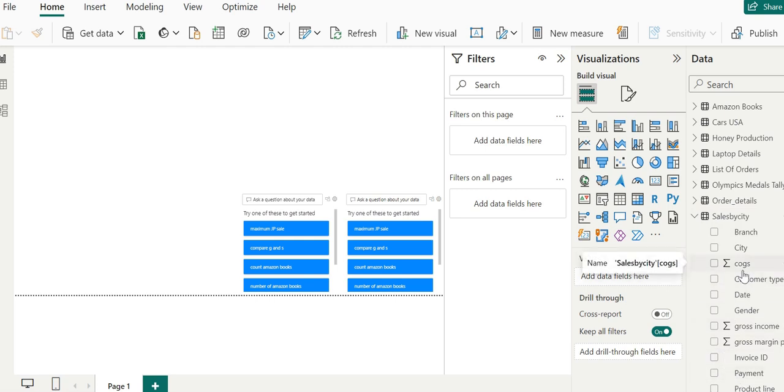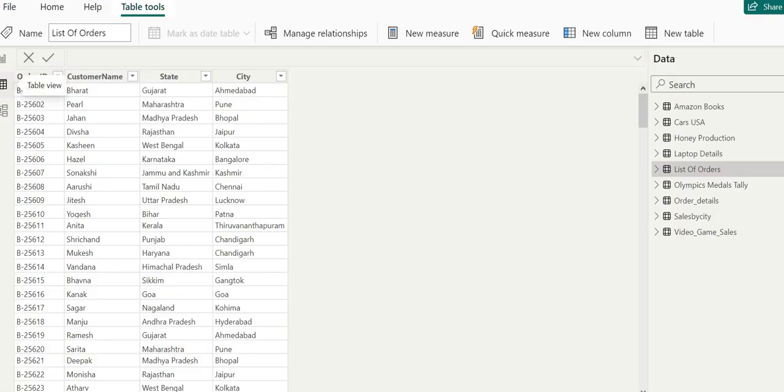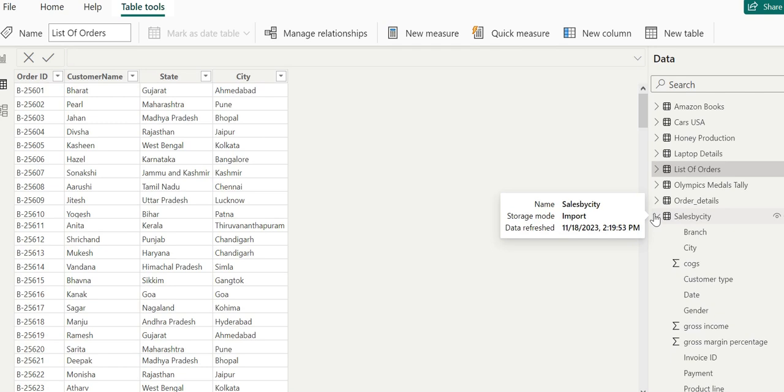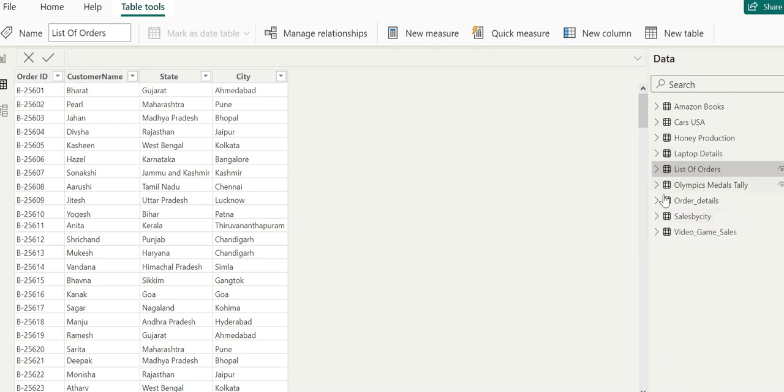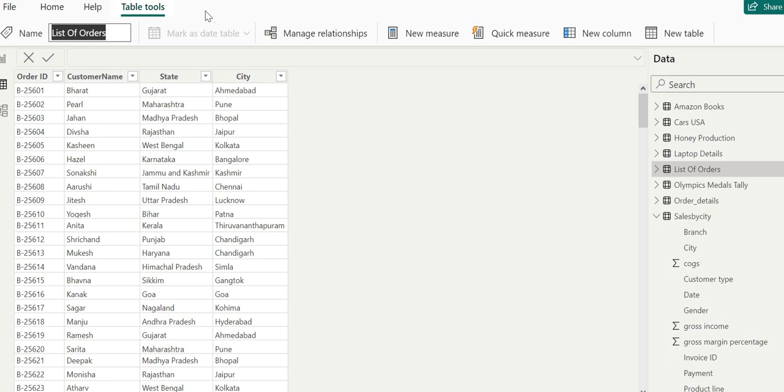If we head over to the data view, if we put the name here, sales by city,